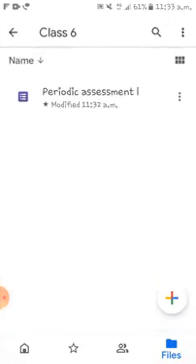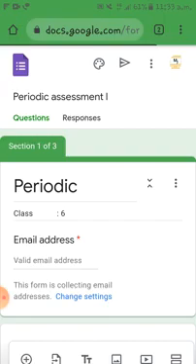As you can see here, class 6th. See, periodic assessment 1 is already entered. Right here, as you can see, if you click on it, the question paper will open, and here is your